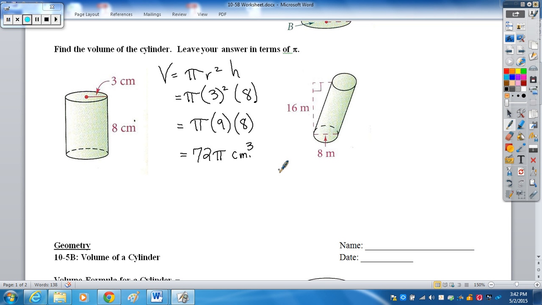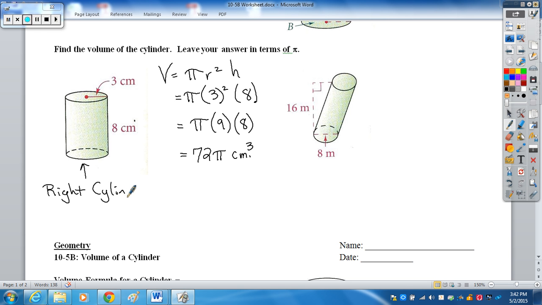So not very hard. I told you that cylinders and cones are really simple after we've learned pyramids and prisms, and so that's what I want to make sure you understand, okay? Not very hard. Now, if we take a look at the next one, this shape looks a little bit different than all the other cylinders that we've covered so far, and there's actually a name for this type of shape. But in order to know the name of this shape, I want to go back to the name of this shape. This shape we would call a right